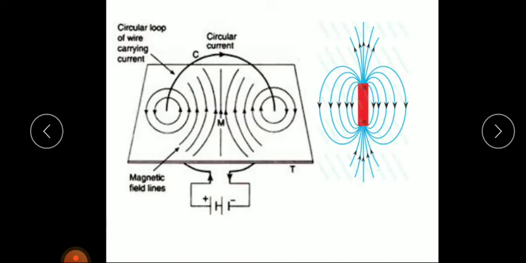So coming back to this figure, here you can see the current is flowing in the clockwise direction. So this face acts as a south pole. And if you look at from this side, this current will appear as moving in the anti-clockwise direction, and this face will act as a north pole, and if you look at from this side, this pole acts as a south pole. Okay.